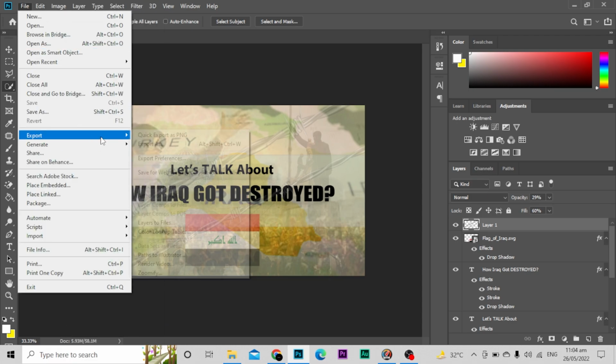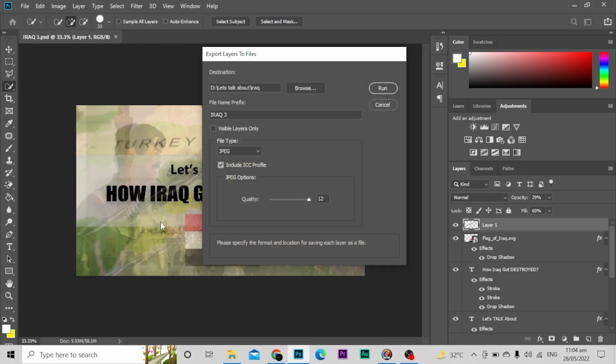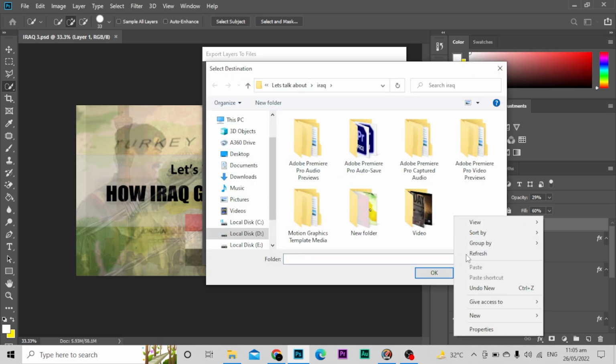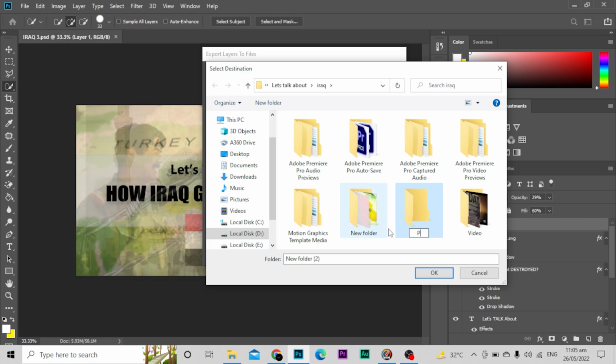and select export. Now I will select layers to files. Okay, now I will select a folder here. I'll create a folder here. Let's say new folder. I will select PDF. Okay, so